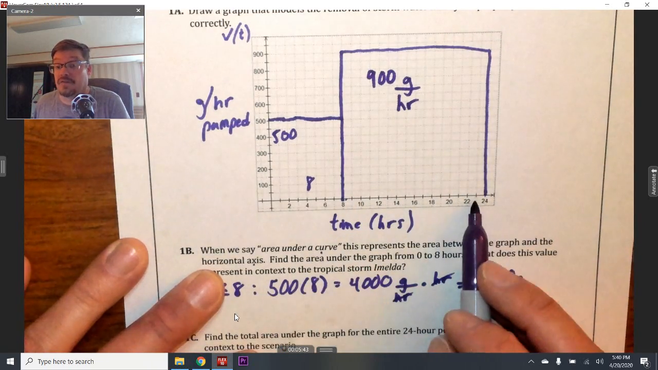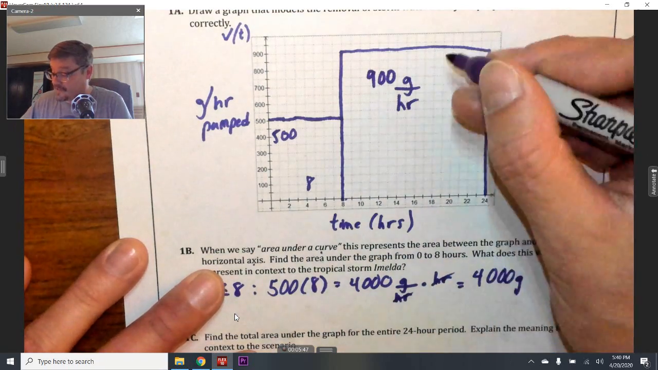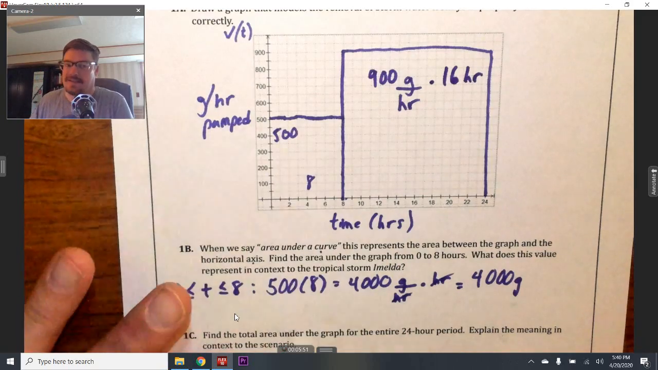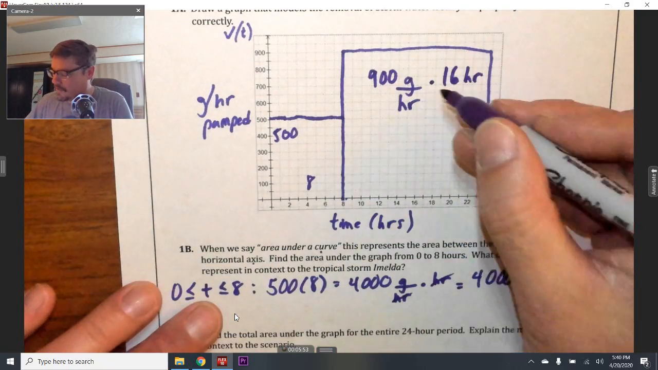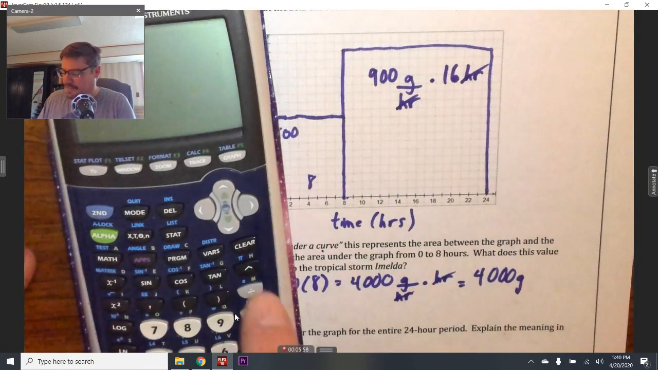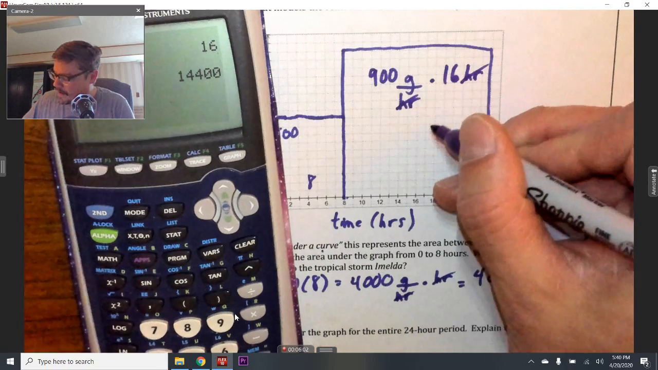Now, this is not a full 24 hours. It's going from 8 to 24. So that actually is 16 hours, okay? And the units, and this should always happen every time, the units should beautifully cancel out, so that you've got 900 times 16. I'm not going to try to do that in my head. All right, and that's